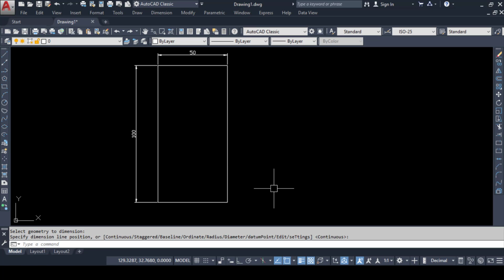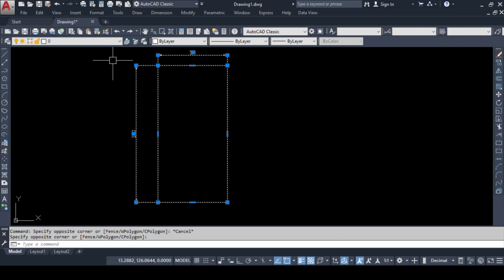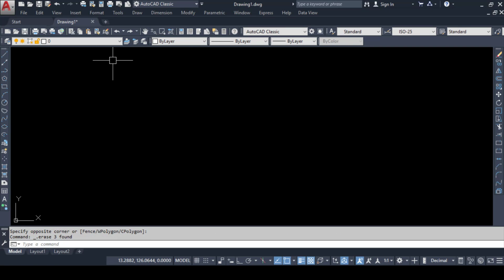So in this case, we will check the dimensions, that it is of 100, 50. Now we will make the inner walls in the coming tutorials also. Now I will go to the next method, that is called as the dimension method.